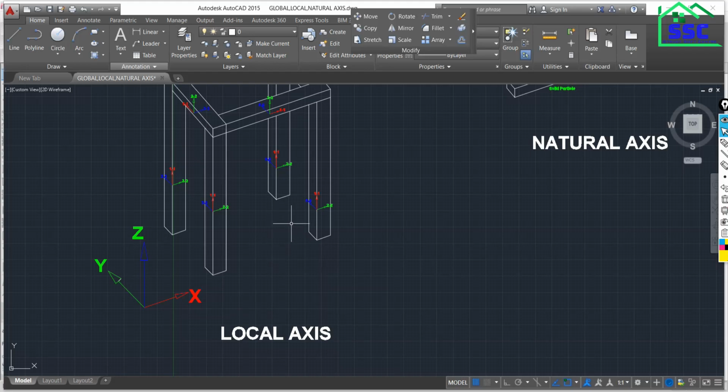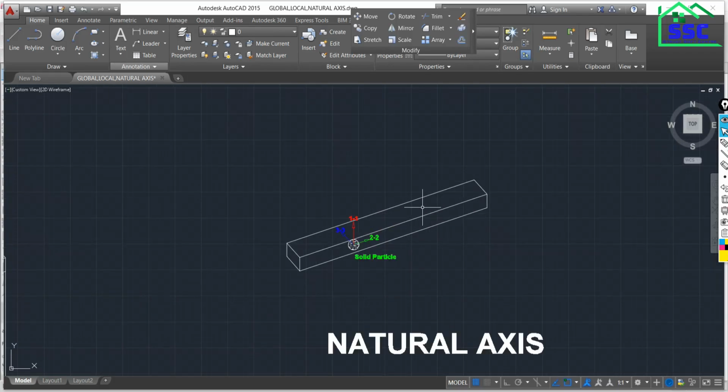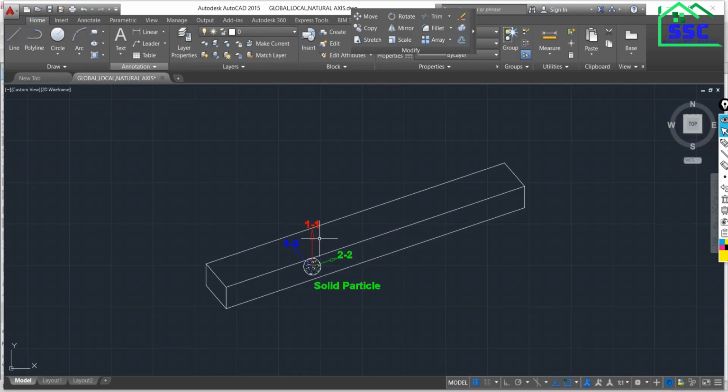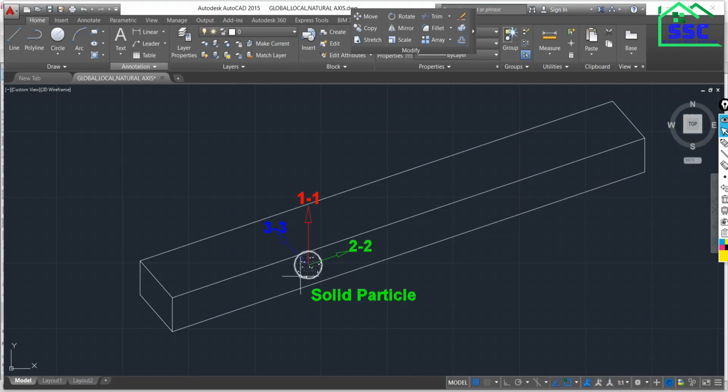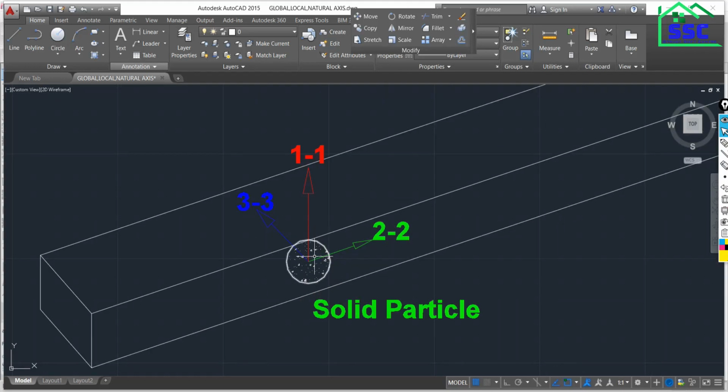Got it? If you move one step inside the structural element, each structural element is actually a composition of small solid particles, and these small particles are again solid elements, and these solid elements have their own axis system. Got it?